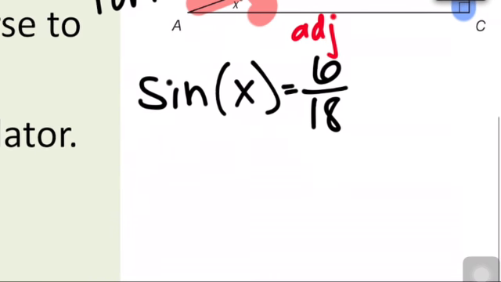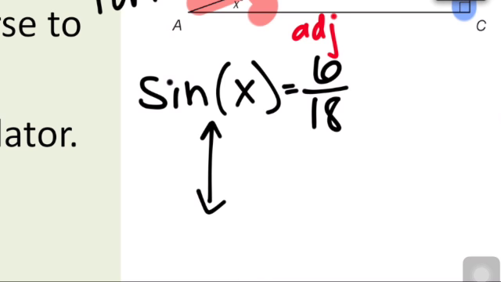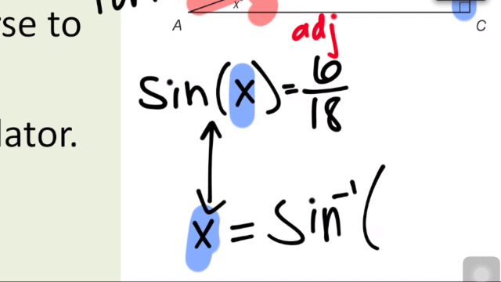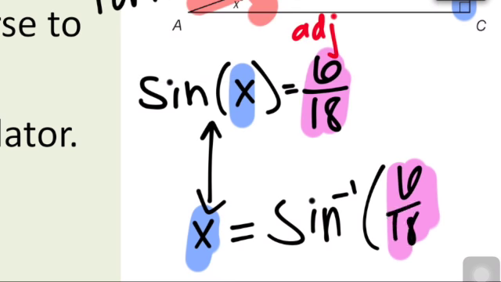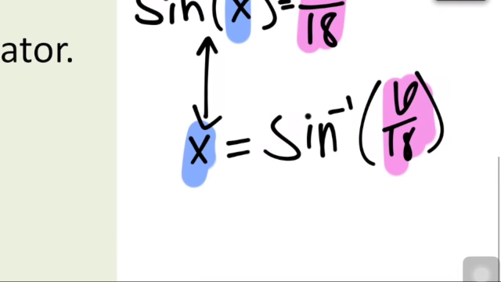Now we're going to apply the inverse. So then this is going to become, actually let's keep the x there. This x is now going to be on the outside. So x equals the sine inverse. It's going to flip. And now whatever was outside before is now going to be on the inside. So now I'm going to have 6 over 18. And now I just have to plug that into the calculator, and I'm all done. So I hit second, and then I hit sine, and then I do 6 divided by 18. And then that gives me